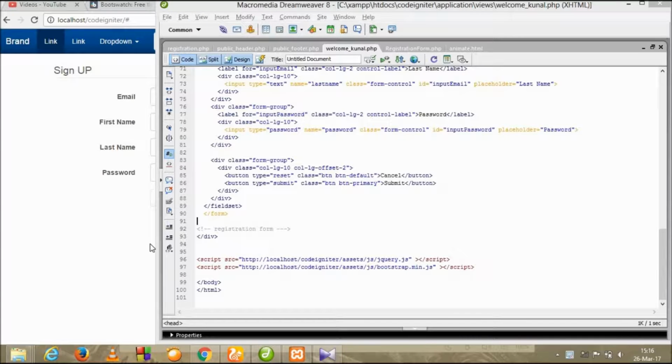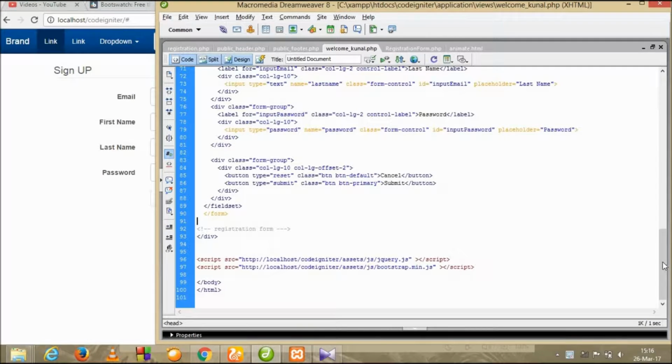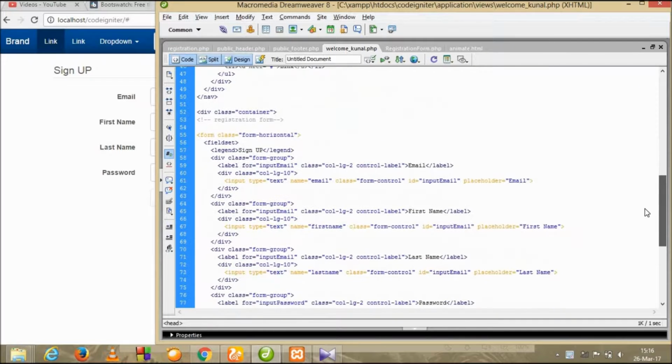Okay, so our bootstrap sign up form looks good, but it's still too big. So let's place this form under a div and define its class, so that it makes it look better. Actually define its